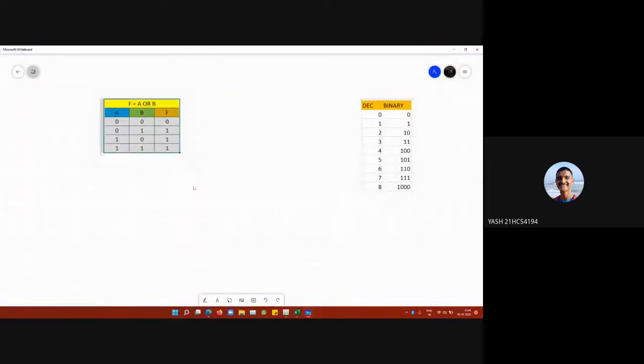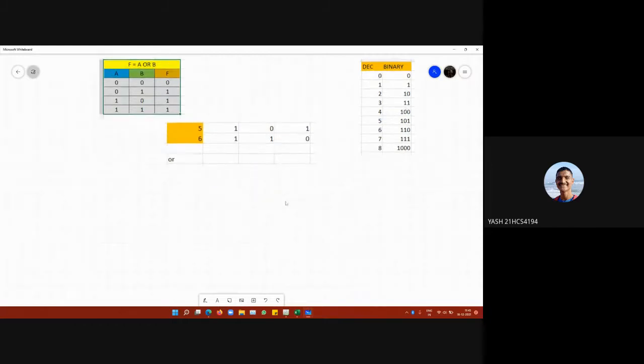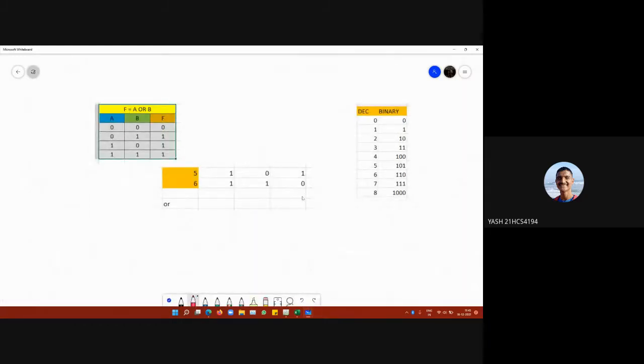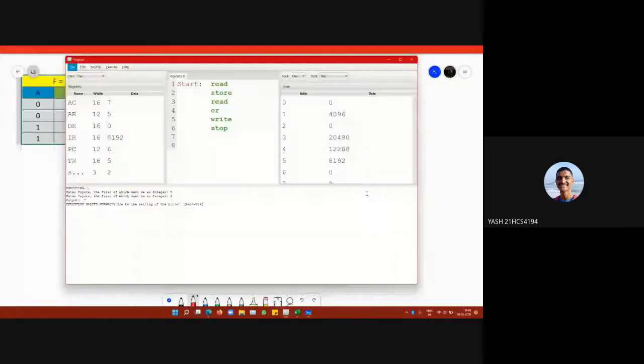This time, instead of doing AND on the binary values, it will do the OR operation on the binary values. So 1 or 0 will be 1 as per the OR operation, 0 or 1 will also be 1, and 1 or 1 is 1. So the new binary value that we will be getting after the operation on 5 and 6 will be 111, and corresponding to 111, the decimal value is 7. So that is why we were getting the output. You can see here, when we have done the OR operation on 5 and 6, the output is 7.